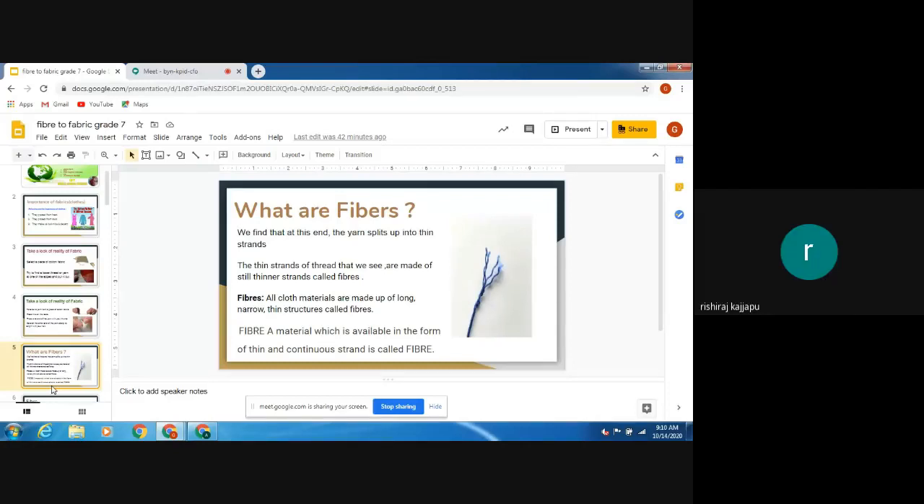Sir, we can make brushes also if we remove one vertical or horizontal line. Very much. So if you observe,